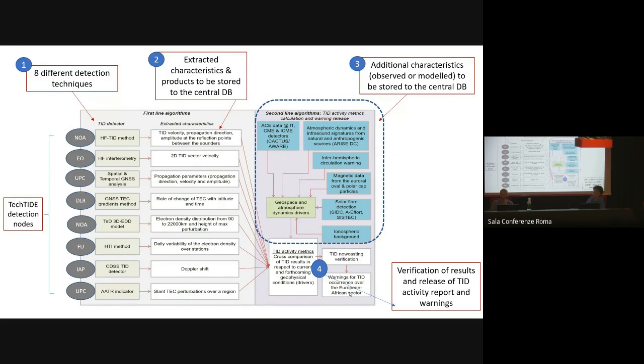Each methodology is based on a specific type of observations. So we have the HFTID method, which is based on bistatic digison to digison measurements. We have the HF interferometry, which is based on digison measurements in monostatic mode. We have the spatial temporal GNSS analysis, which is based on TEC data. The GNSS TEC gradient, which is based again on TEC data, but this gives you an indication for